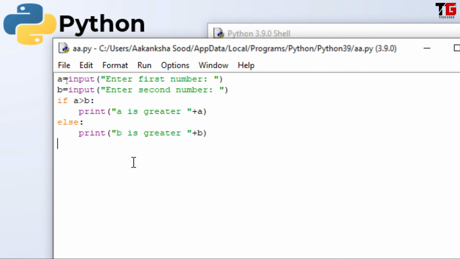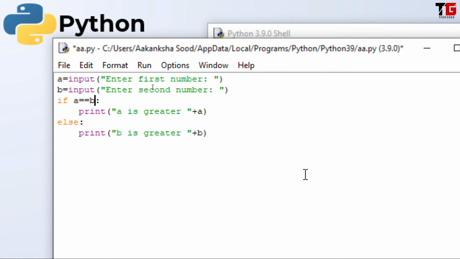Friends, we have created the program to find out the greater of two numbers. But if the user enters the same value in both the numbers, then what will be the output? That is your task. You have to write in the comment box and tell me, if I enter both the numbers as 10, then what will be the output? But I tell you, this program will give an incorrect result if I put equal values. So let's change our program, because we have not checked for the equal condition.